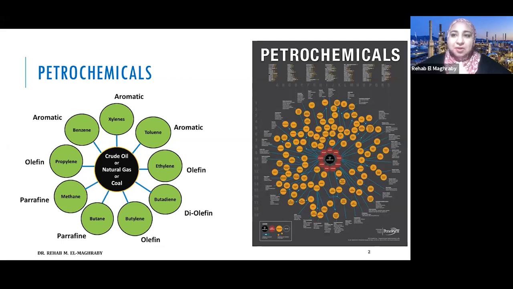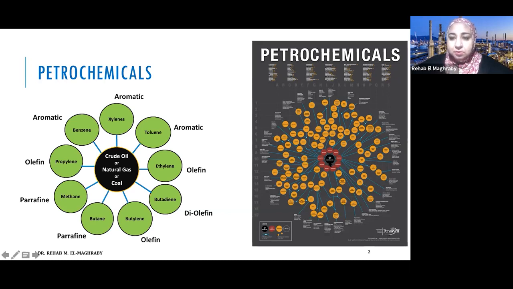There are other feedstocks or other sources for the petrochemical industry, which are non-conventional sources or not of primary use. The primary use is mainly concentrated on natural gas, crude oil, and coal. So, in general, we can use natural gas, coal, and crude oil to produce all these building blocks. This building block is the starting point for all the petrochemical industry or any end product or intermediate product, as we can see in this figure.